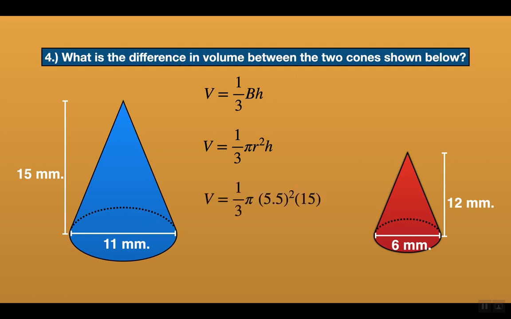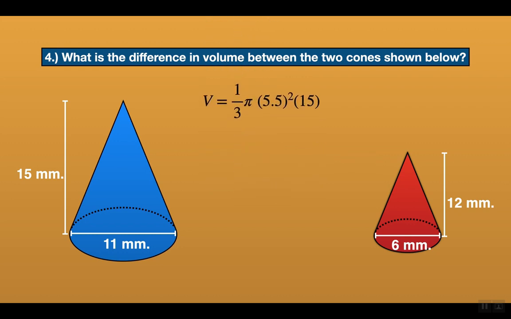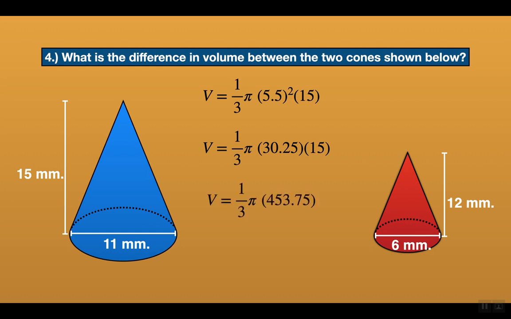So the radius of the blue cone is 5.5 and the height of the blue cone is 15. Now that we've substituted those values, let's follow the order of operations. First, we're going to do 5.5 to the second power. 5.5 to the second power is going to give us 30.25. We're going to multiply 30.25 times 15, and that gives us